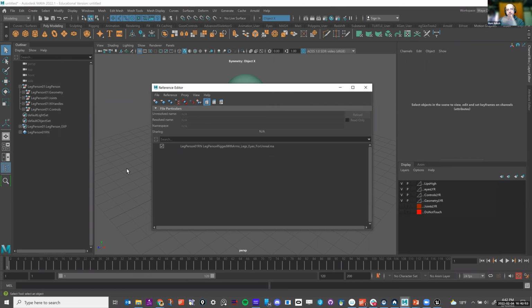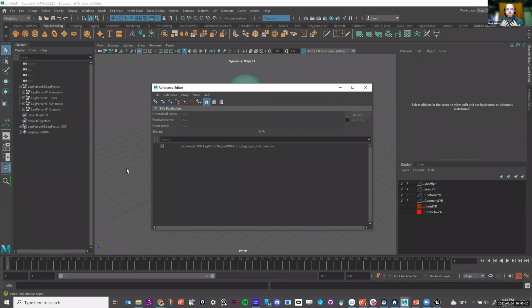Now, when we bring in the animation, that animation is going to have the namespace of your character, and you're going to try and apply it to something that doesn't have the namespaces on it. And Unreal is just going to throw a fit, and it's going to be like, nope, can't find it. I have no idea what you're talking about. Never seen this person before in my life. That's not what we want to have happen.